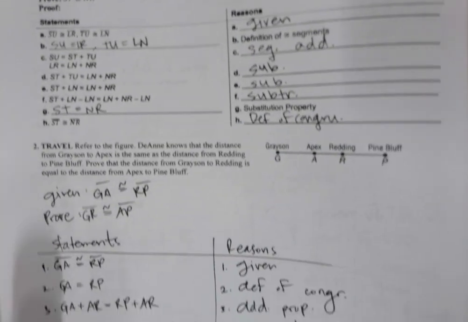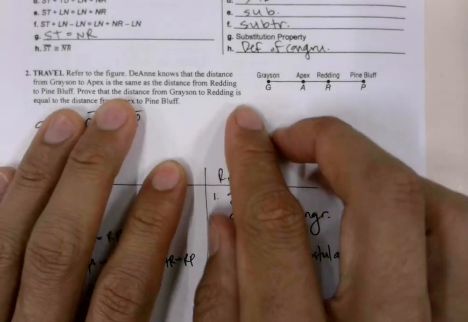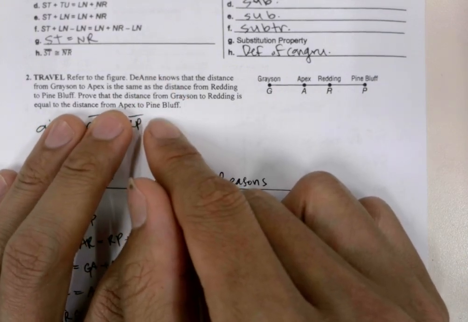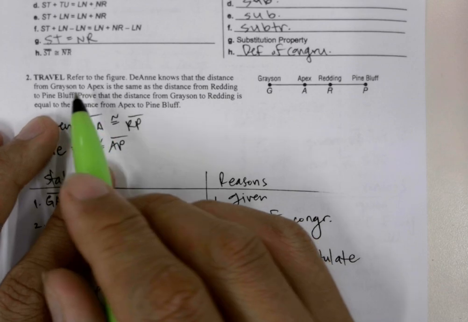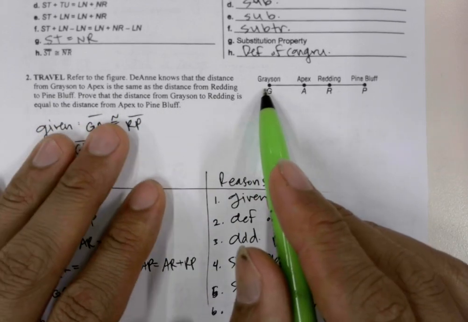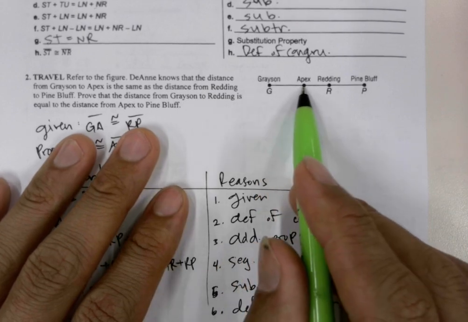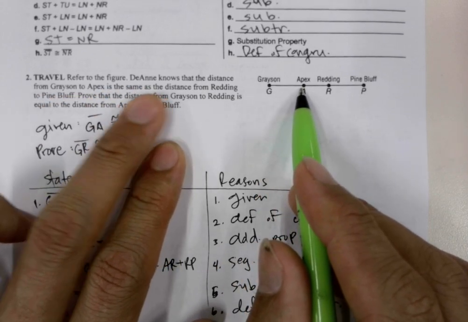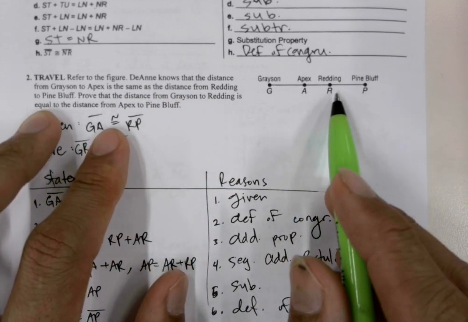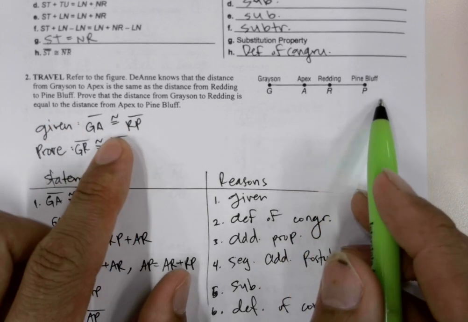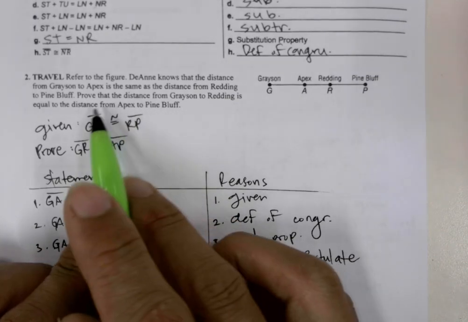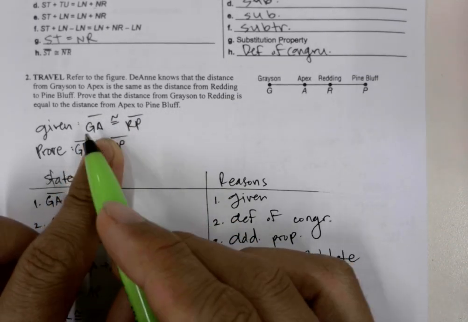Okay. And then here for number 2, they give us the givens, but in paragraph form, right? The given that they're giving us is that the distance from Grayson to Apex, G to A, so the distance of line segment GA is the same as, that's equals, the distance from Reading to Pine Bluff. So it's GA is equal to RP, right? Yeah, and so I did congruent statements here, but it really should have been measure of GA is equal to